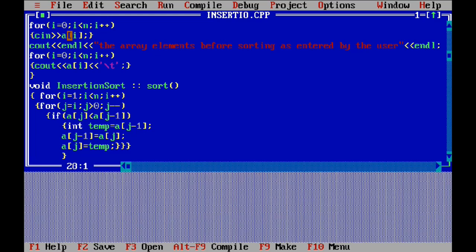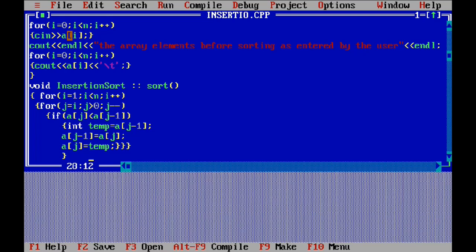That is why j never takes the value 0, it should be greater than 0. So when j is 1, that time only a of j is a of 1 and a of j minus 1, that is 1 minus 1, that is 0. That comparison gets over at one value of j. So you will be writing j greater than 0, or also you can write j greater than or equal to 1. Since j starts from I, it goes on decrementing for every iteration of the loop, and this comparison